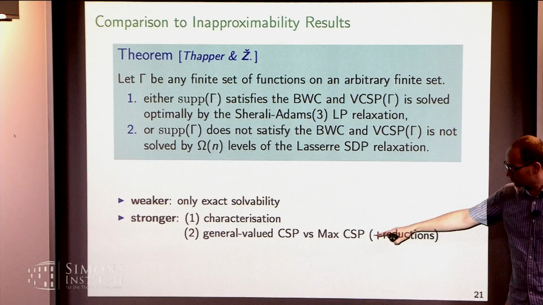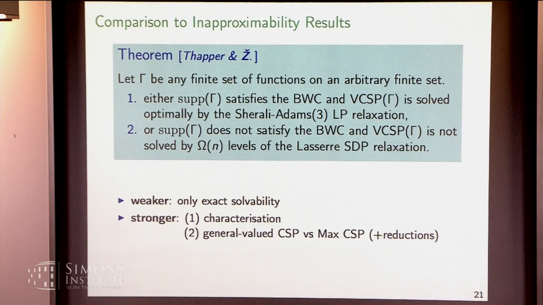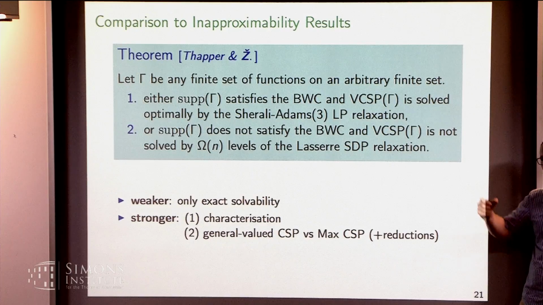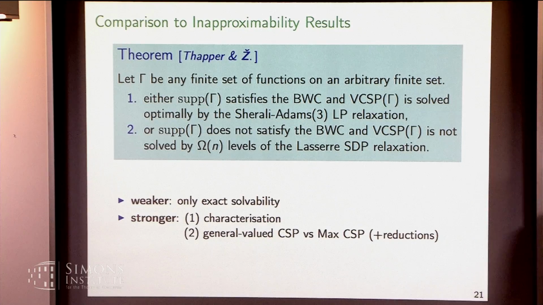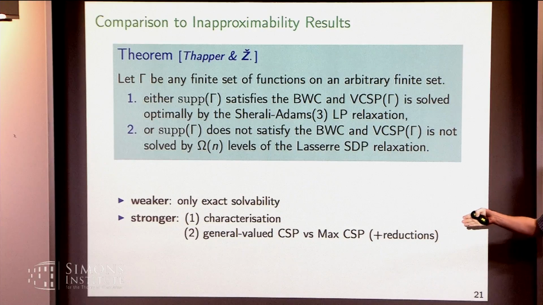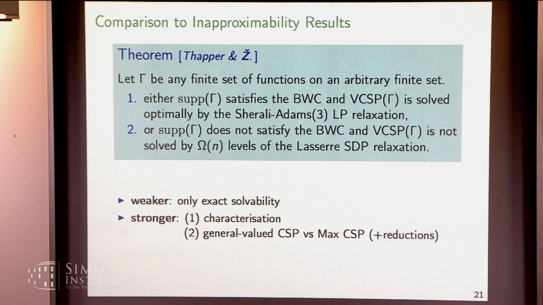In the approximation community, people know lots of stuff about inapproximability of max CSPs, so they deal with 0-1 valued functions. And then they can often say things about other problems, like say vertex cover, by problem-specific reductions. So they take max CSP as a starting point, and they do a reduction to some concrete problems. They have no tools to actually prove it for, say, all general valued CSPs, where you can mix what they call strict constraints, like in vertex cover, where you want to say both endpoints have to be taken.